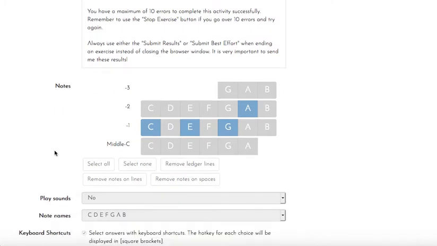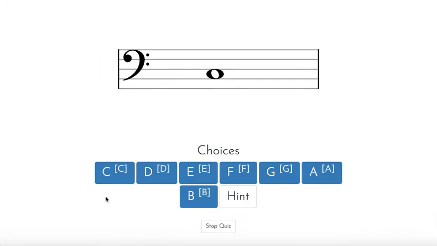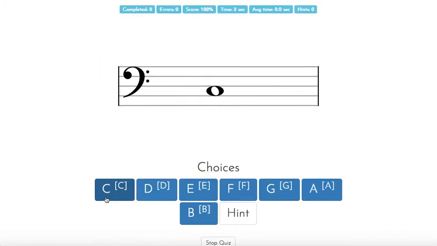Scrolling down here, let's do a couple of these together. Okay, so in these spaces of our music staff, remember I can go all cows eat grass, and I have a C right here. So I'm going to use my keyboard, pressing C. Now remember, all cows eat grass. I go here for E. I can also click on the tile down there for that answer.